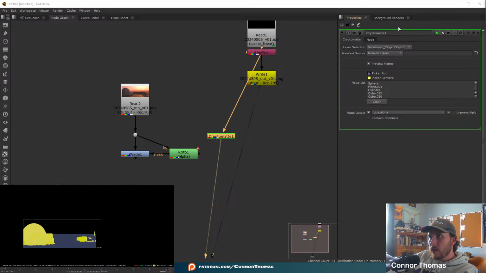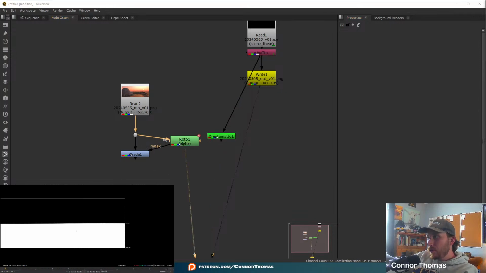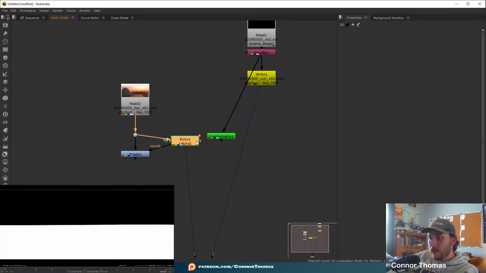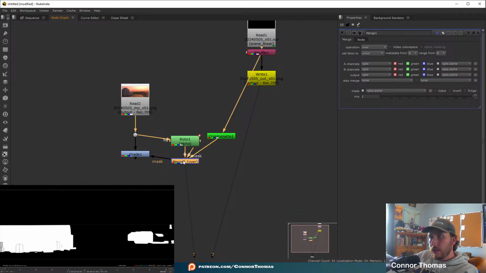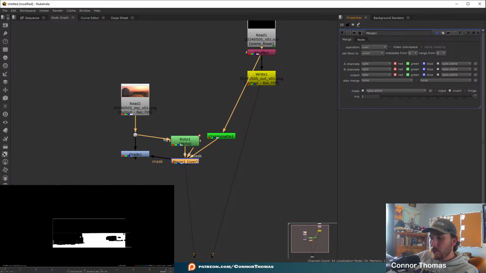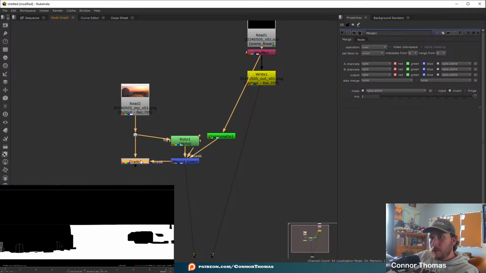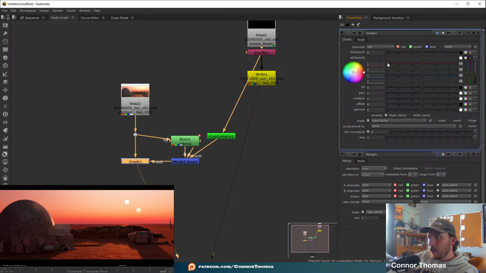Okay. With all that selected, let's see. We have our roto mask here of our ground. I'm going to add in another merge node, and then on this merge node, I'm going to use a mask of the roto, and then we're just going to invert the selection there, so that way it's only the ground. And now if we go back to our grade node that we have here, we should be able to make some adjustments. So I'm going to, as Ben would say, make it look less like Mars,